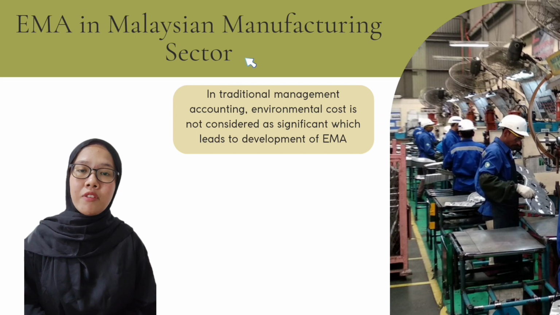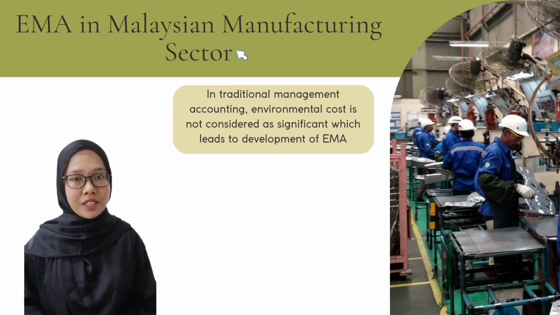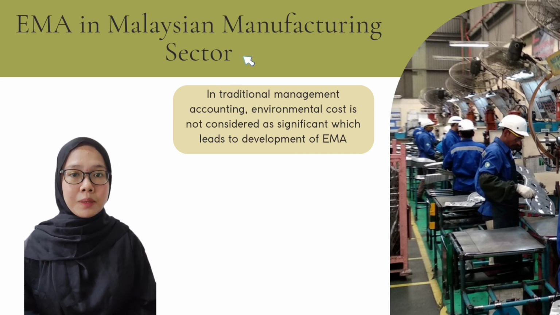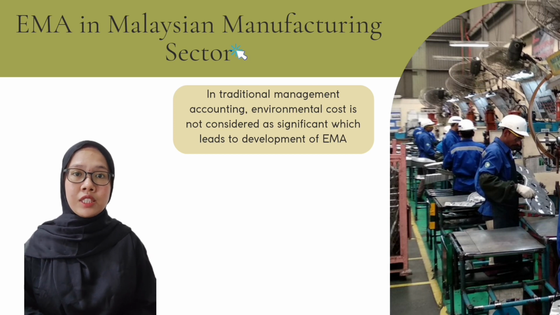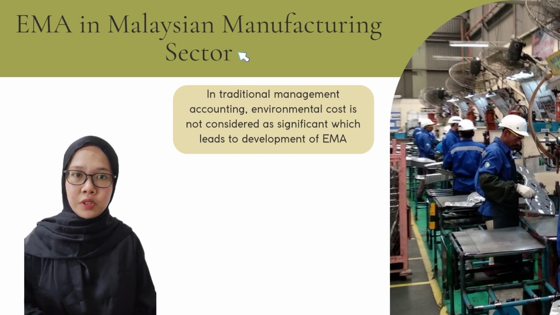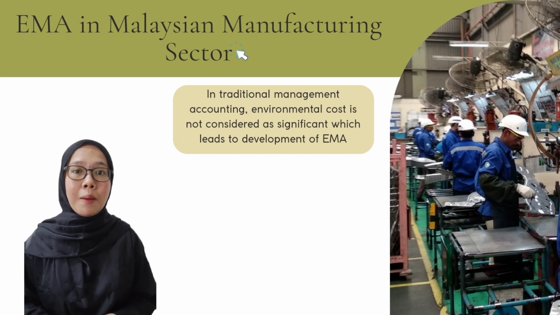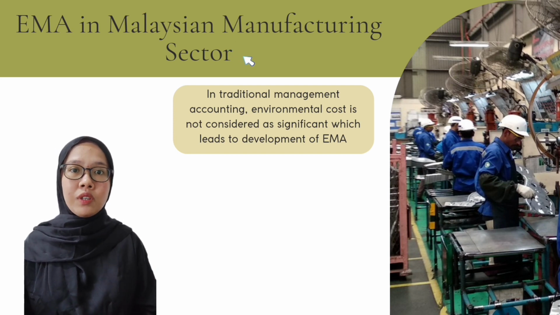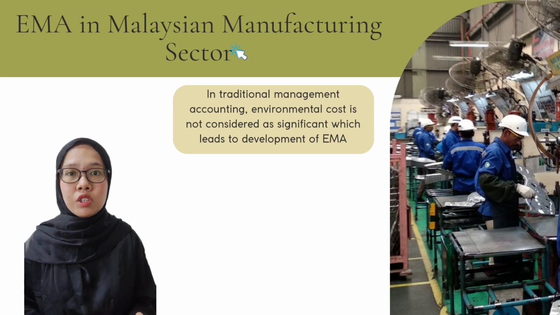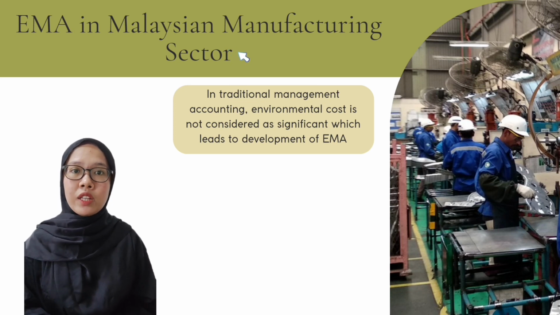Based on the Department of Statistics Malaysia, the manufacturing sector contributed 23% of GDP in 2017, which increased economic growth, but it had negative impacts on the natural environment. Malaysia ranked 50th in the world for the worst air quality in 2021 according to the Air Quality Index.